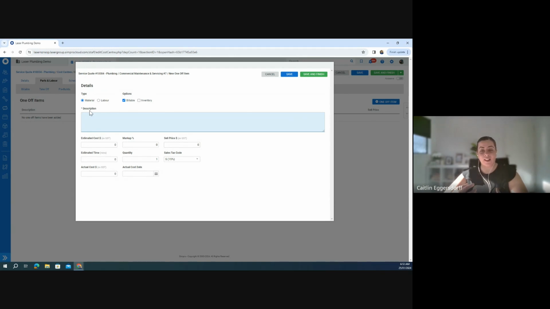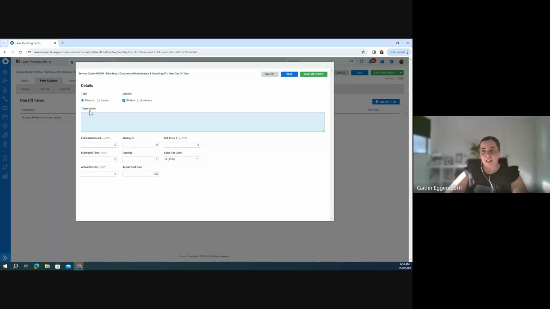So if you're creating it now and you think you're going to have to create this again in the future, even if it's something that you only occasionally use, I do think it's worth investing that time to just create it as a pre-build or a catalog item. That way it's there for future use. Because I do see people often create a one-off item and then next week or next month, they have to create the same thing again and again. So I think it's a bit of a